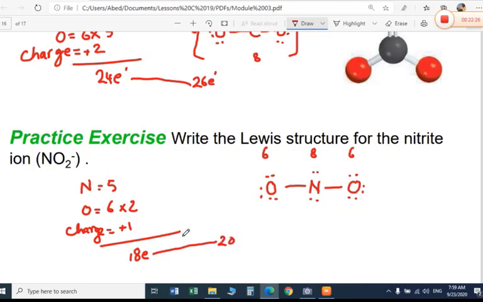So what we do, we remove the electrons. So erase these electrons. Yeah, this is gone. This also one. And then we make a double bond here. Yes, don't forget to close it because this is an ion. So close the bracket and give the minus sign here, the negative charge. So this is the nitrite ion.